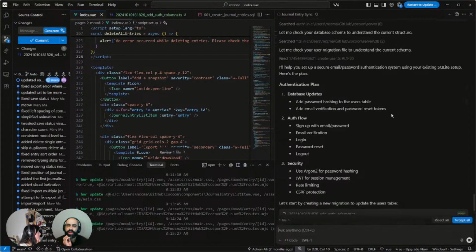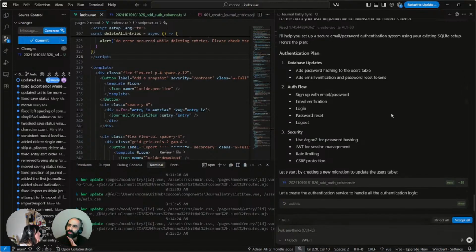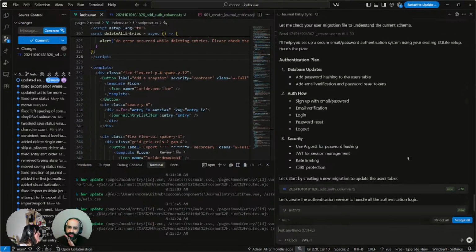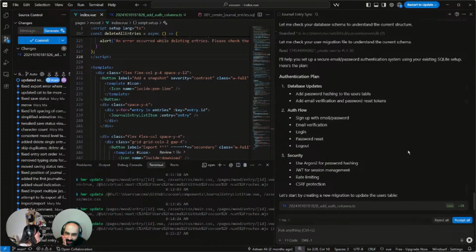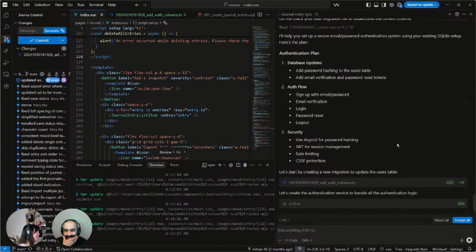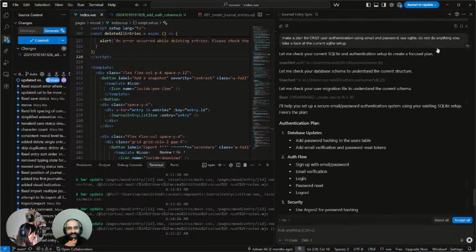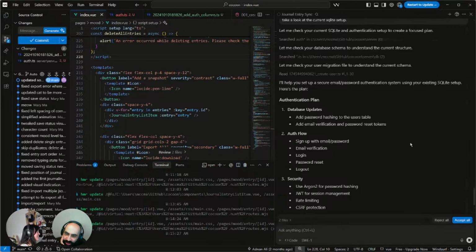So yeah, that's what I thought. Currently when I had made this, I had created a generic... Oh wow, there you go. I said do not do anything. Well, no, you said do not do anything else, but we just said make a plan. But it sounds like make a plan and go ahead and do it. But while it's waiting for our reject or accept, let's just take a look.